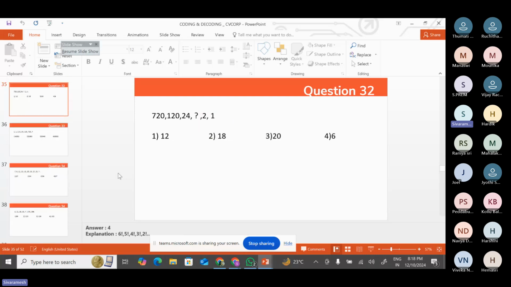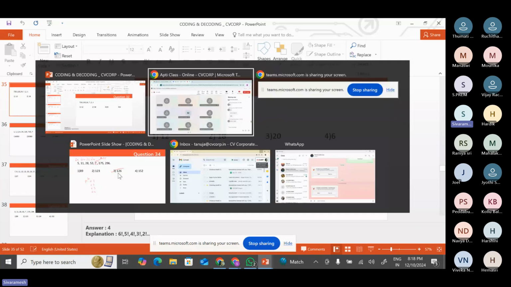If you have any doubts from this particular PPT, not only from coding and decoding, any topic. Some people might be preparing some other topics which are not covered in the classes. So I'll be there to help you in understanding the questions. Meeku ఏ క్వశ్చన్, ఏ డౌట్స్ వచ్చినా, ఏ టాపిక్ అయినా aptitude నుంచి you can ask me. So I'll help you out solving the questions. ఓకేనా? సో ఇలా మీరు ఇవన్నీ ప్రాక్టీస్ చేస్తే, మీరు ఎన్ని క్వశ్చన్స్ ప్రాక్టీస్ చేస్తే మీకు అన్ని లాజిక్స్ అర్థమవుతుంటాయి.